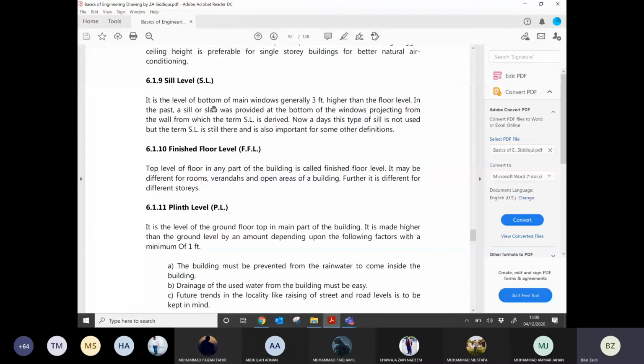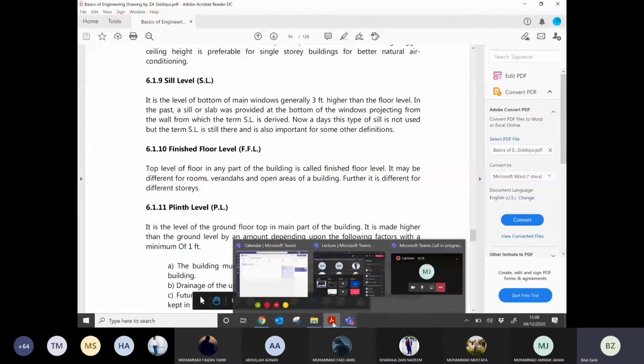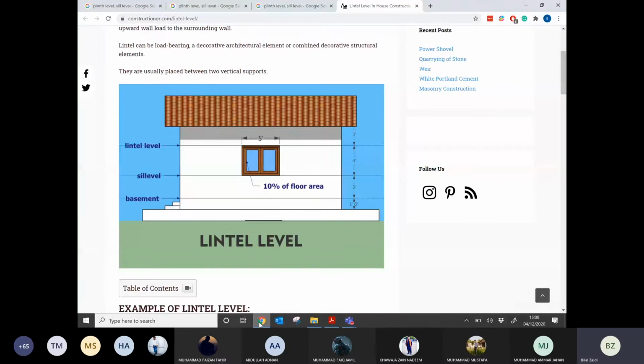So just imagine that you have a house like this. Can you see the sill level here?